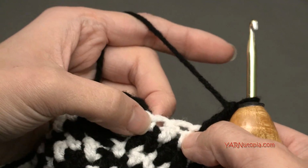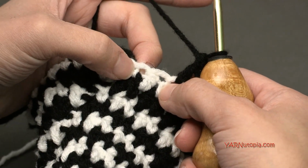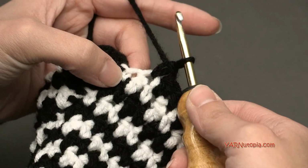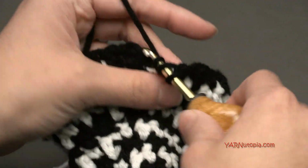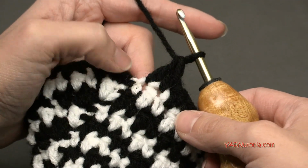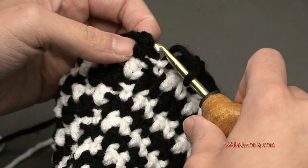And then in the last 2 stitches, there should be 2 stitches left on this round. We are going to single crochet in the second to last stitch, and then double crochet in the very last stitch. And that is how that should be ended on round 27. You should have 42 stitches at the end of round 27, and we're going to slip stitch to this first